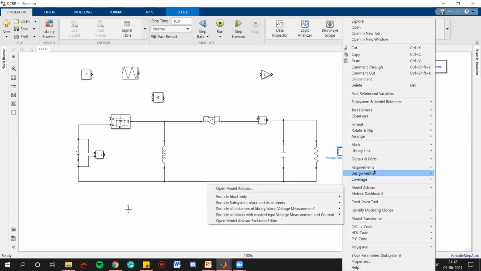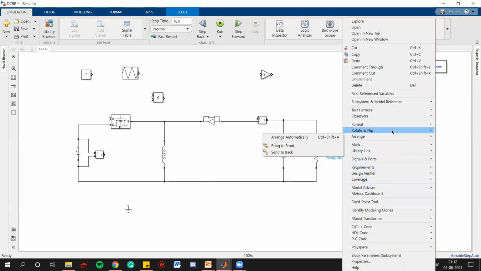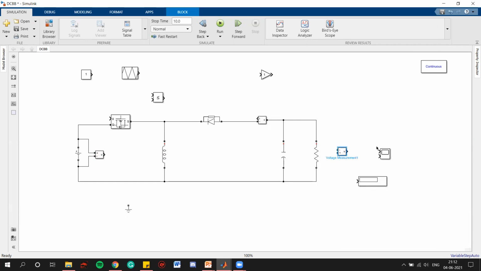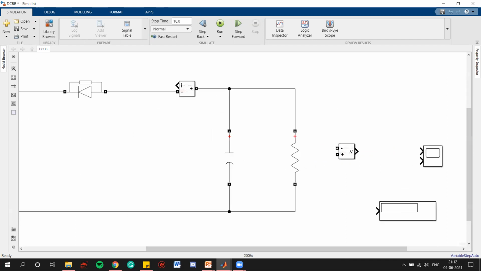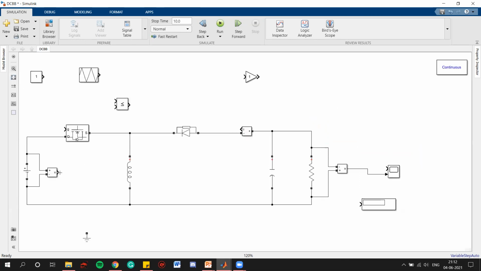Now let's flip it. So for flipping, just right click on this, rotate and flip. Go and flip the block up, down, right? So now negative will be in the upside and positive will be on the downside. We need this only, right? It will go in the second one, and on the first one we will get this, right?